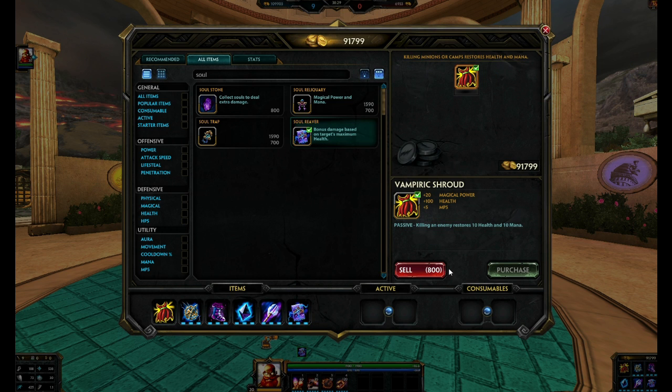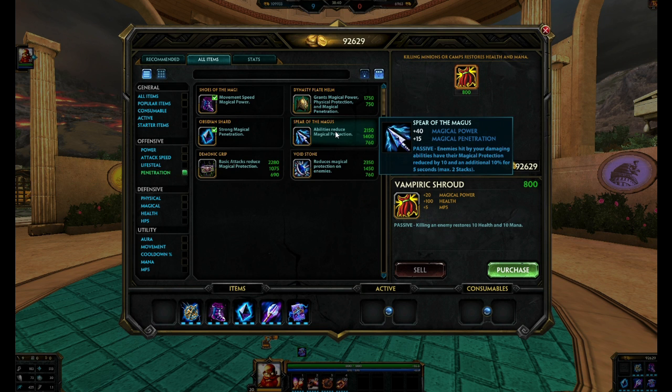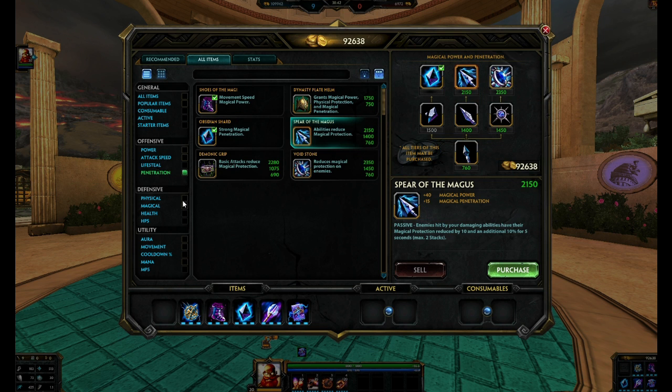And then you can, of course, sell your starter item mid to late game whenever you feel like it's not necessary, and then pick up whatever other flavor item you really want to. Whatever the case may be, like let's say if you need more penetration because the enemy team has a tanky lineup,